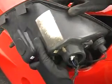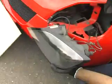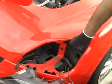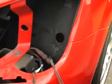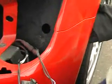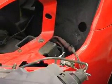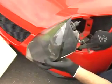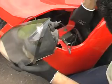So what actually happens is, while this headlamp is in situ, I can show you now, behind the headlamp there is a hole here that goes into your wheel arch. So if I put my hand in behind the wheel arch, you can see I can stick my finger through that hole. So basically the adjustment nut is accessible from there. It actually sits right